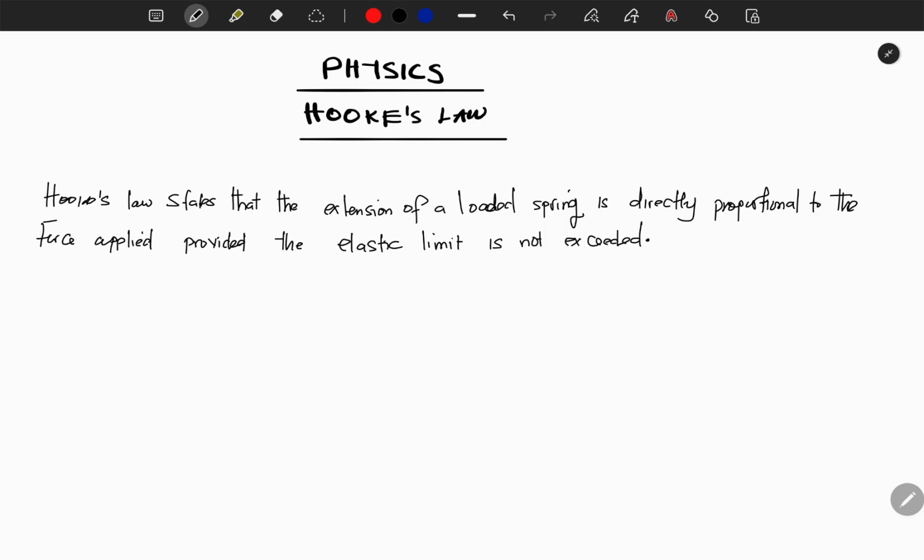All together, right? So the extension of a loaded spring is directly proportional to the force, provided the elastic limit